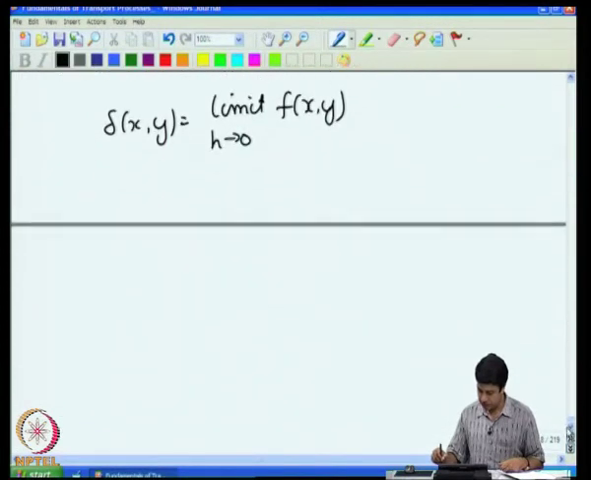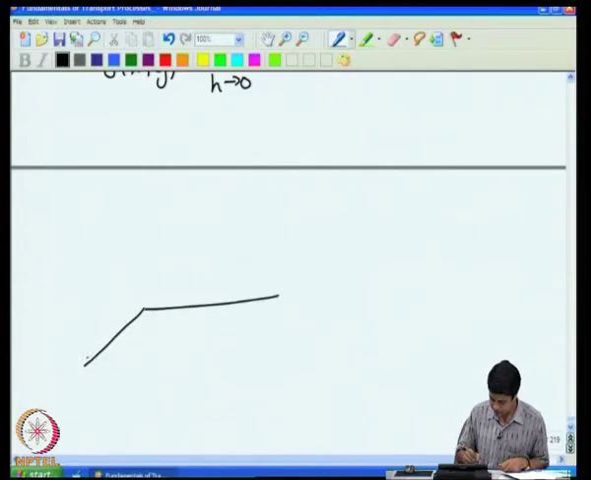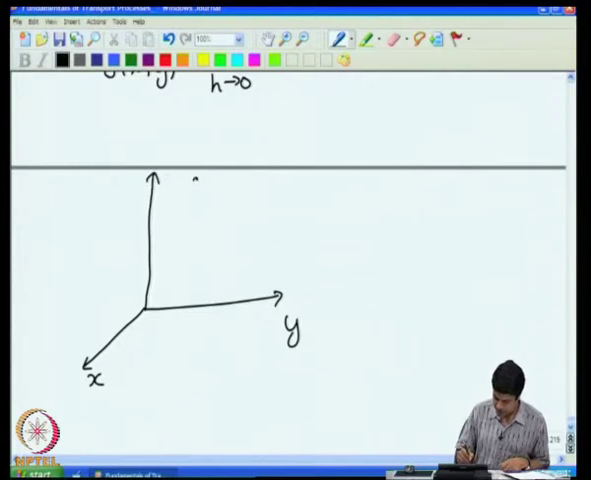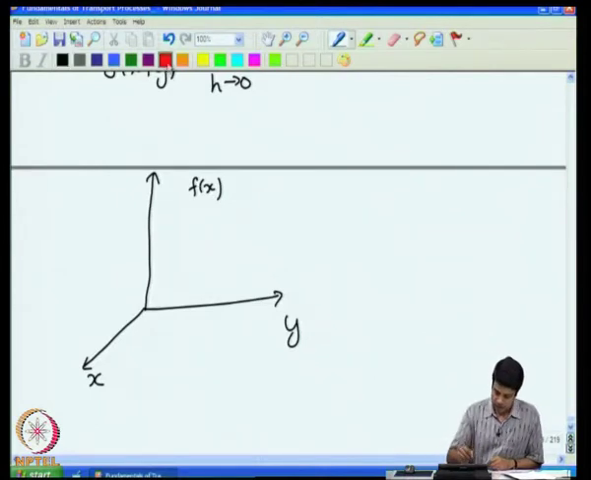So, to visualize this, we can visualize it in 3 dimensions. Let us say that I have x, y, and this is f of x. This f is non-zero only when x is between h by 2 and minus h by 2, as well as y is between plus h by 2 and minus h by 2. That means that in this rectangle,